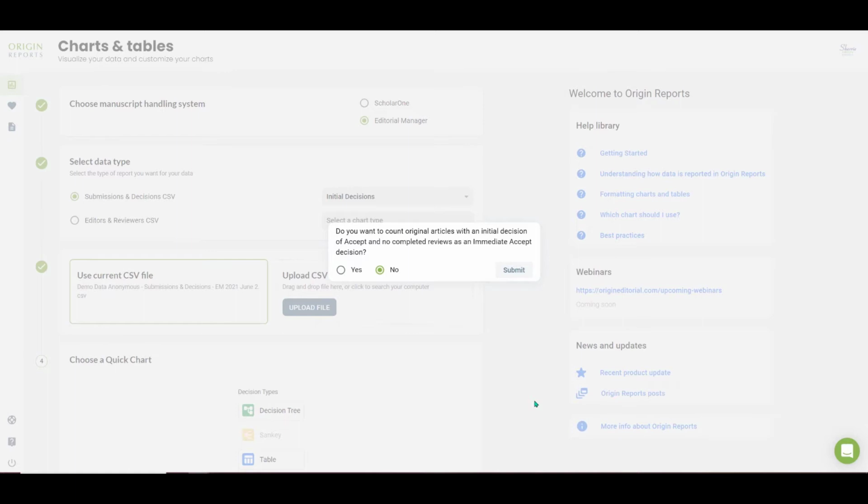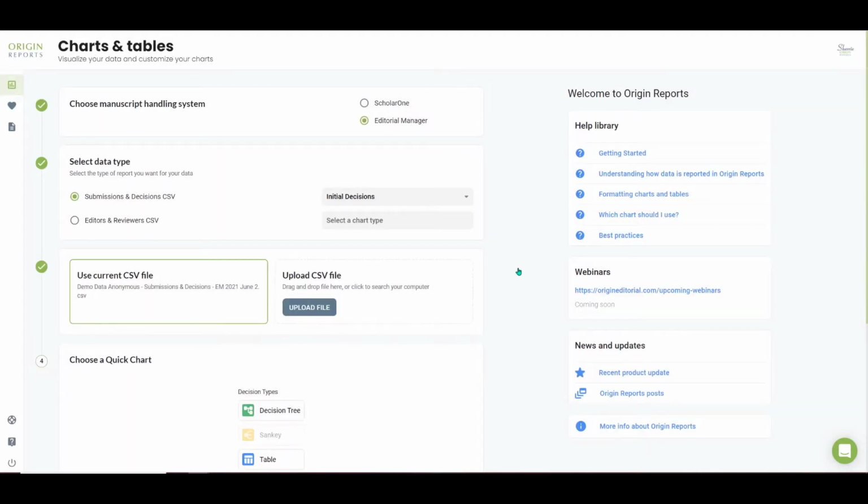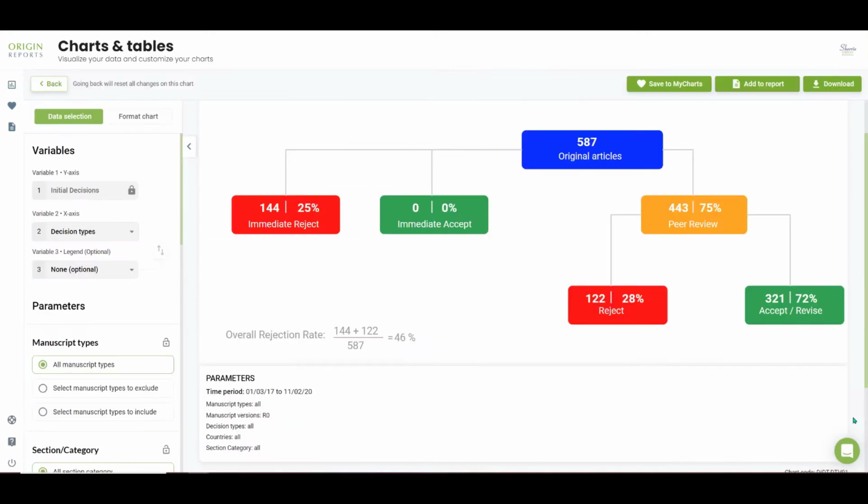There are times when you're working on a journal that you have submissions that get an initial decision of accept or reject, but did not go through peer review. If you want to be able to group them in with your immediate accept or immediate reject decisions, this question allows you to have control over that. For right now, we're going to go ahead and select yes, and yes, we want to group all of that in with our immediate decisions. So we're going to look at the data in a decision tree,